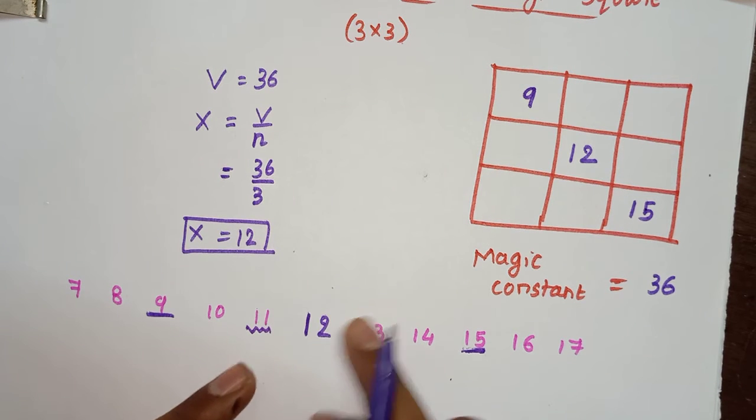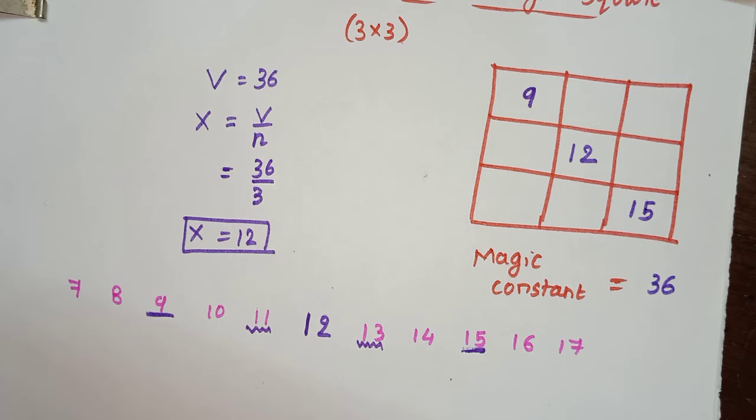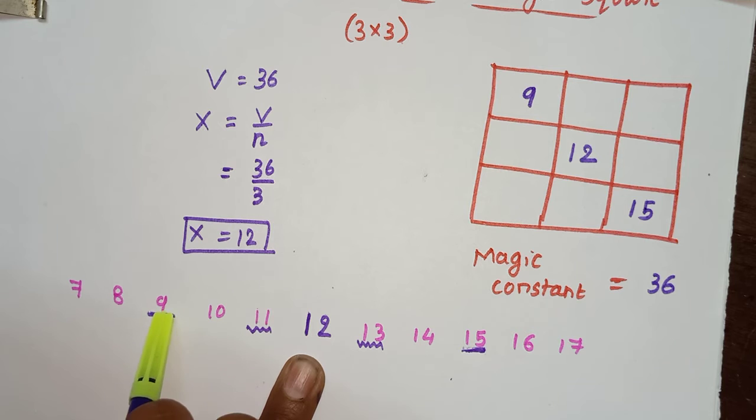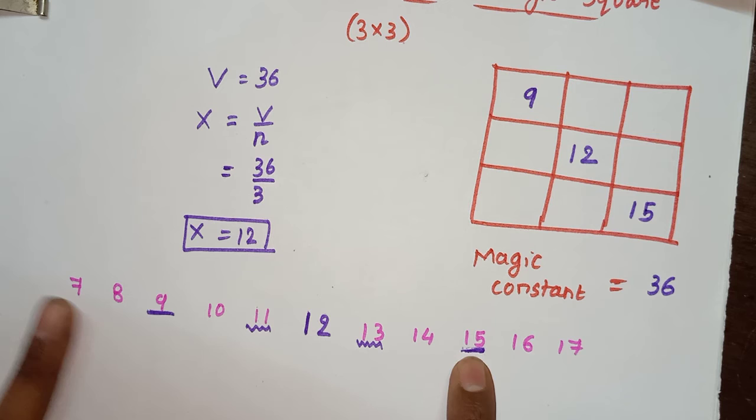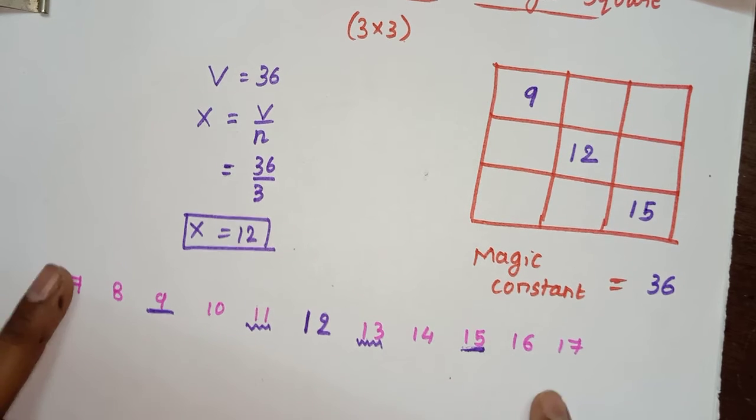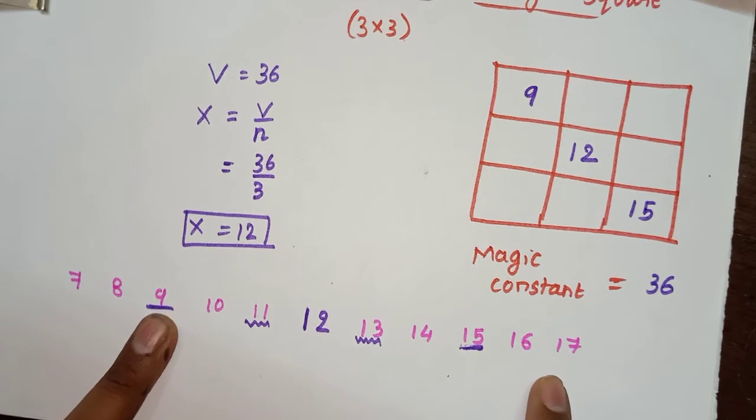So one thing to remember: always select the number which is at the same position. Suppose you select 16, so 1, 2, 3. After 3 numbers you select 16, so here also after 3 numbers, that is 16 and 8, 17 with 7, 15 with 9. So the ordering you have to maintain.